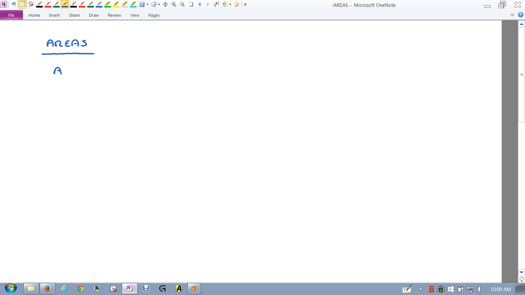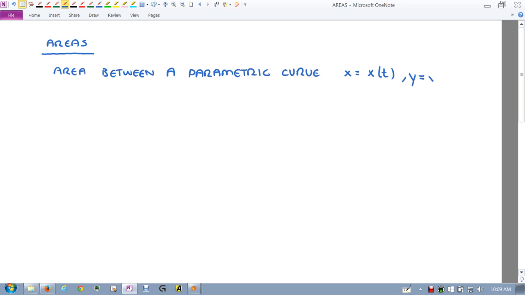The area between a parametric curve x equals x of t, y equals y of t, and the x-axis is,